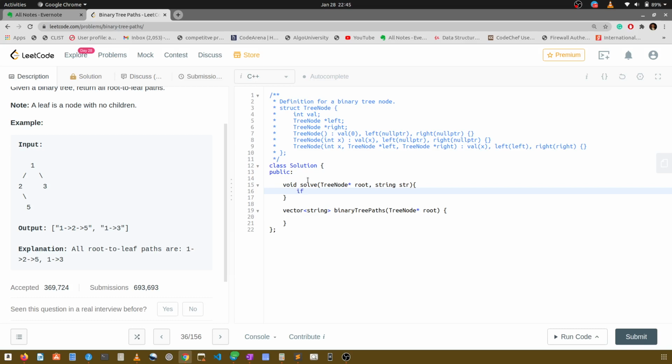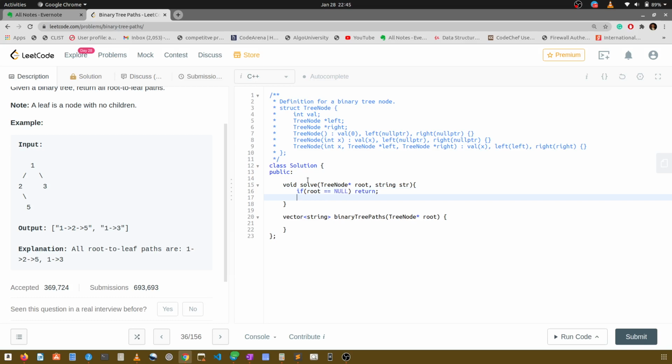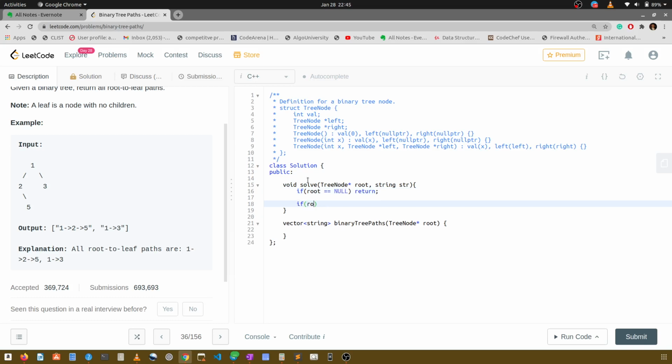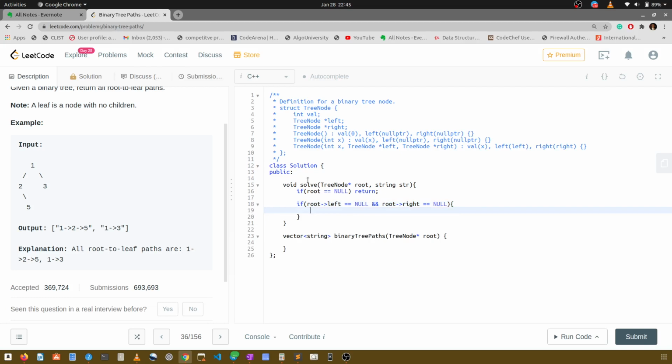First and foremost, if we find the root is null, then we simply need to return, right? And if we find that root left is equal to null and root right is equal to null, all right, then this is our leaf node.